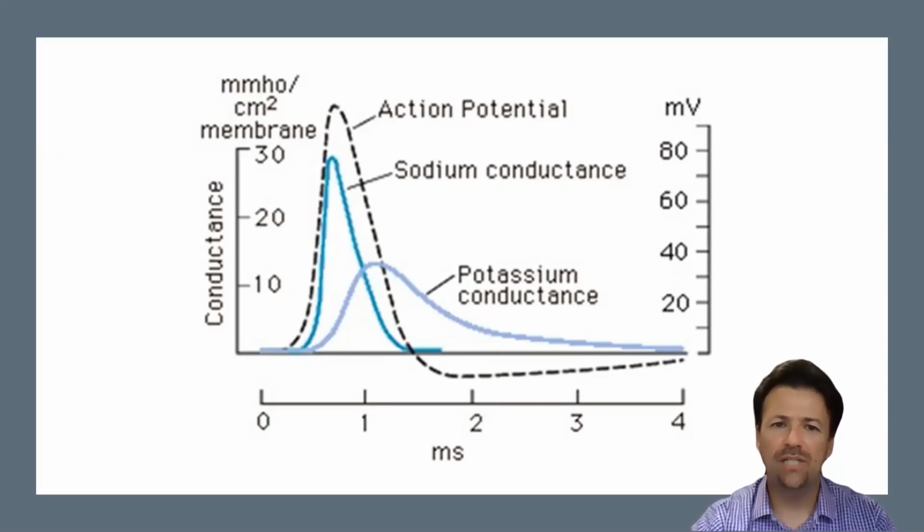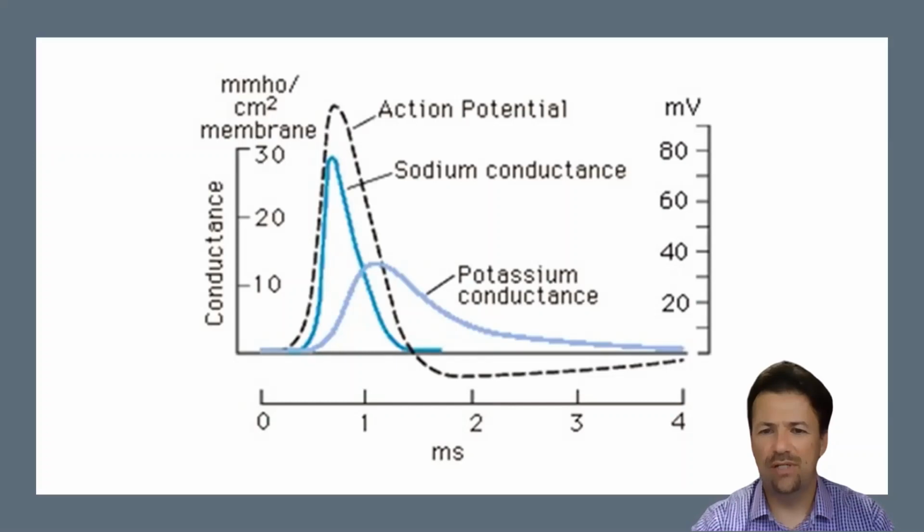As the potassium channels open, you have this slow rising of the potassium conductance. But these channels stay open a lot longer. And as they slowly close, you get a return to the resting membrane potential. And you get this repolarization, hyperpolarization phase, and a return to the RMP. So understanding the properties of these channels and the ionic fluxes is what is responsible for the generation of